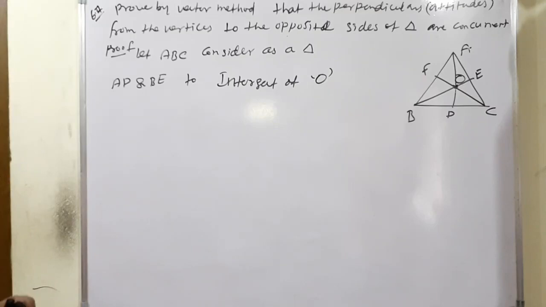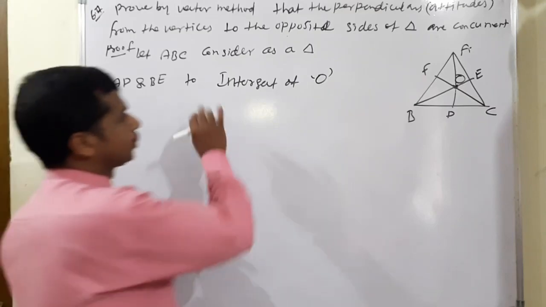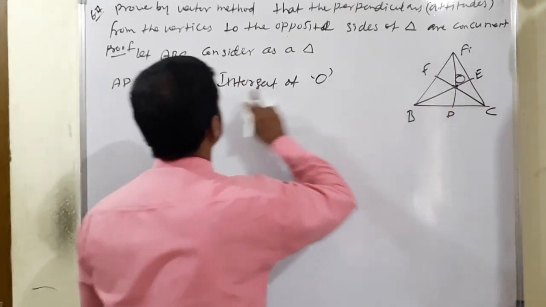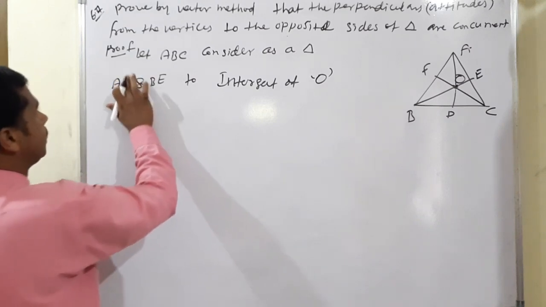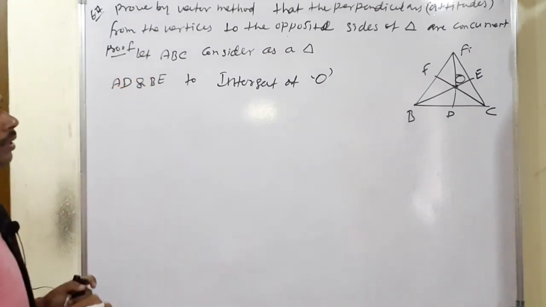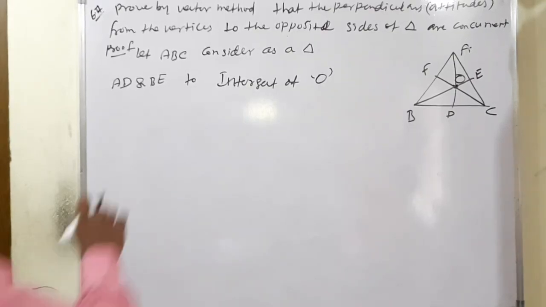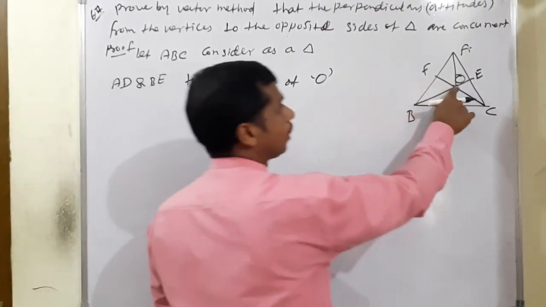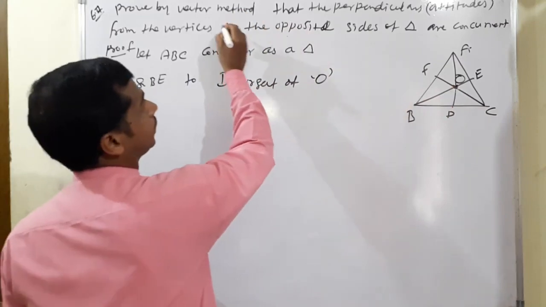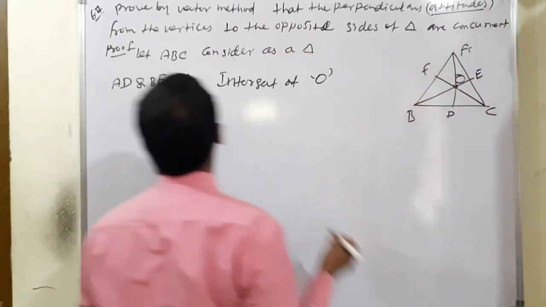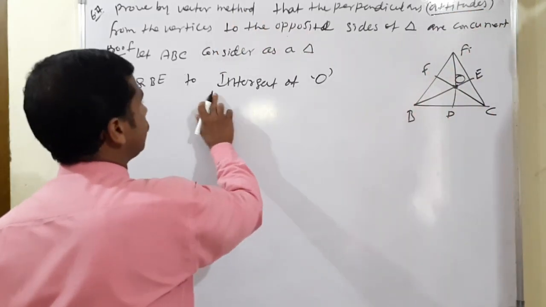Now let us consider the first two triangle altitudes, AD and BE. This is AD, and BE. The point where they meet, what is the name actually? Altitude, isn't it? So let AD and BE be